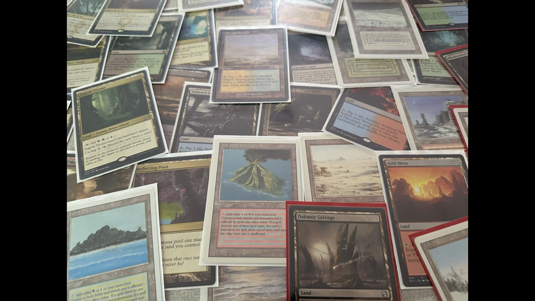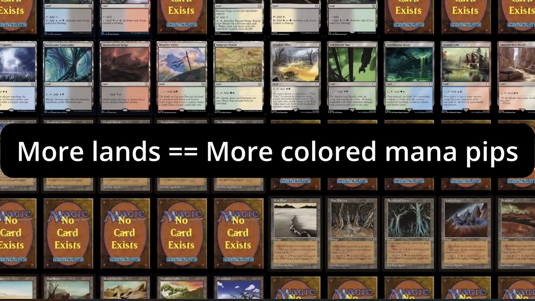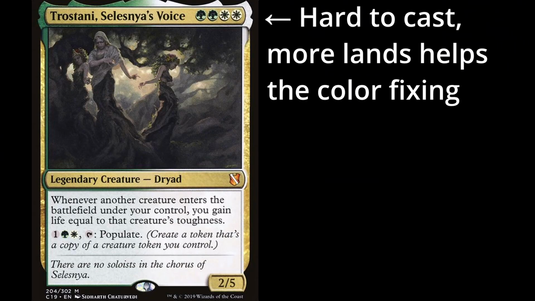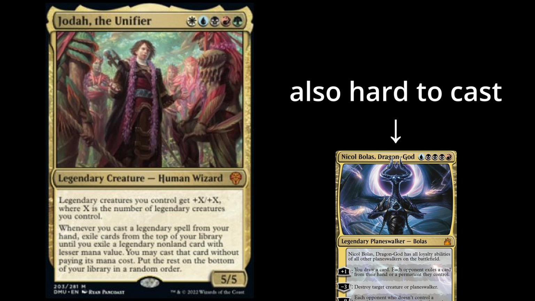Unless you have access to an expensive land base because you're a cringe weirdo tech bro like myself who's been buying expensive Magic cards for a long time, you'll probably want to increase your land count so you have more color fixing options. This is especially true if your commander has a lot of colored mana pips. So for example, with a 5 color commander like Jodah, you'll likely want to add 1 or 2 lands to make sure you have the color fixing you need to cast him,